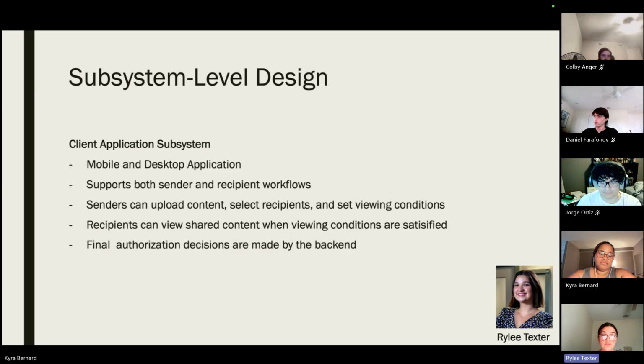Recipients need to review shared content, see which requirements must be met, and securely open the content after approval. The mobile app will also collect supported contextual signals, including location status, biometric results, device information, and screenshot events. However, it will not make the final authorization decision. It sends this information to the backend and follows the backend's response. And we can move on to the next slide.